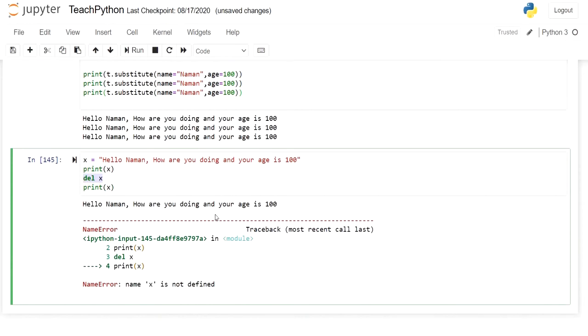So this concludes the string chapter. If you have any queries or any doubts, or if I missed anything, I will try to cover it, but mostly string has been covered 99% in Python, and this is what we all have in strings.